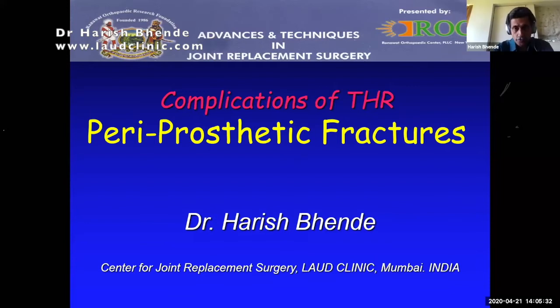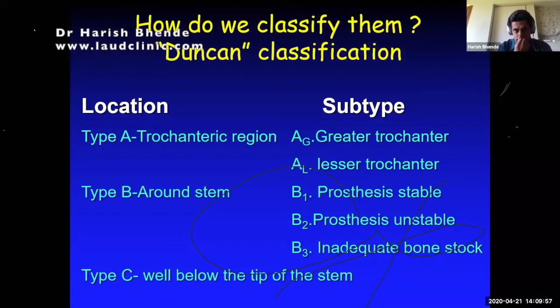We are basically talking about periprosthetic fracture as a part of a THR, a primary or revision THR. And this is a very common thing, because periprosthetic fracture is probably the third most common reason for doing a revision hip replacement surgery. Now, the simplest classification and probably the most commonly used classification is the Vancouver classification by